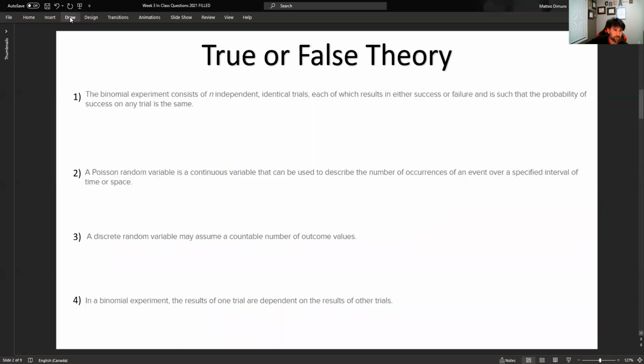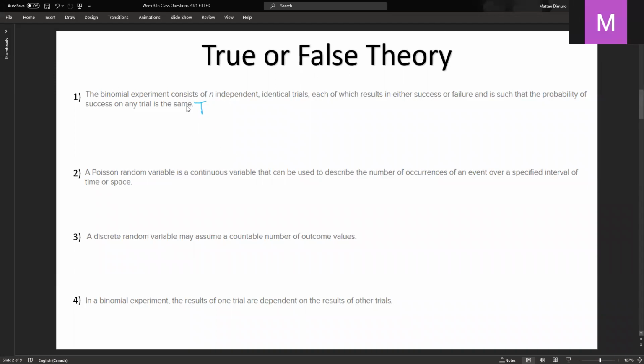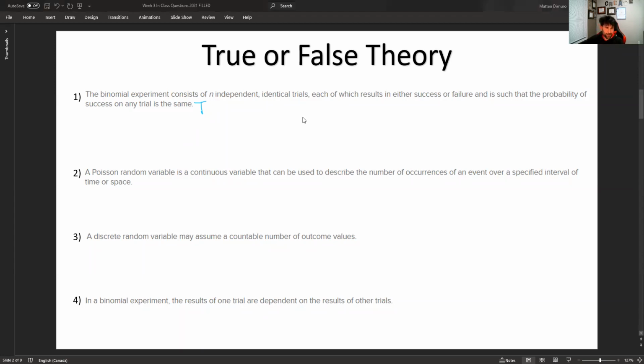So it's a true or false question. And the answer to this one is true. That is basically the definition of a binomial experiment. So independent trials, all identical, and the results are independent of one another. Okay, so no one trial will affect the results of the next trial. So think like flipping a coin, or whether or not a vaccine works or something, just because I was just reading about that. Those are all binomial experiments.